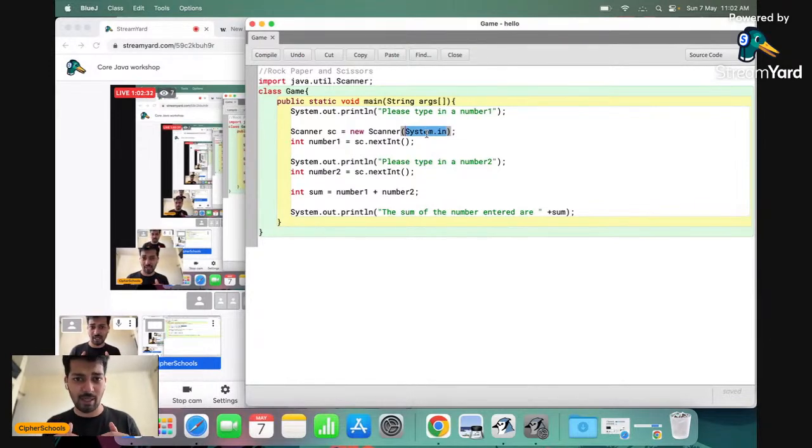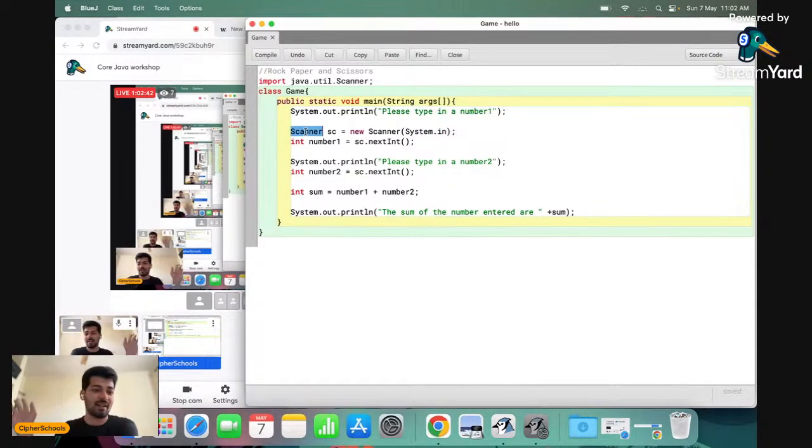So whatever input that I give to my system, I am giving it through the keyboard. So I'm giving it the power to take an input from the system.